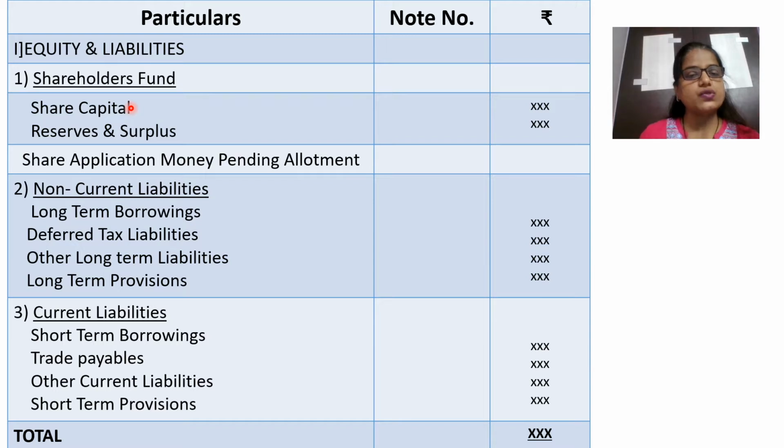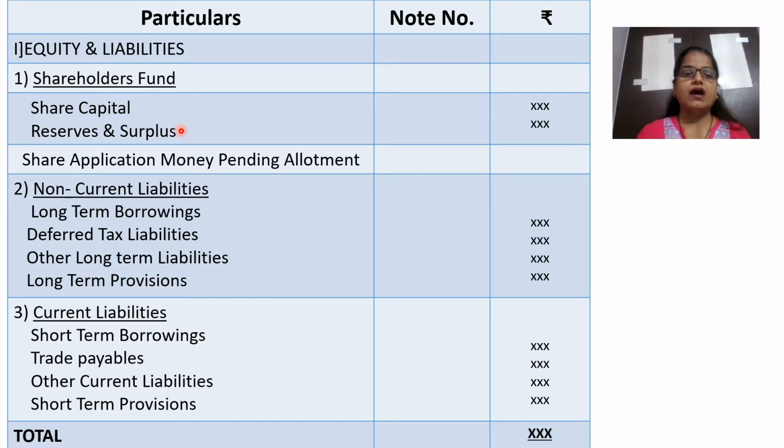Share capital consists of preference. It could be equity also. It could be issued, subscribed. All the details of this share capital you are going to see in notes to accounts. So as I said, notes to account में हमको क्या करना है? हर एक आइटम का हमको उधर bifurcation, details देना है. So in this balance sheet we are going to write only the total of share capital and the disclosure कि कितना preference share capital है, equity कितना है, how many number of shares are there, face value क्या है, ये सब description हमको किधर देना है? Notes to accounts.